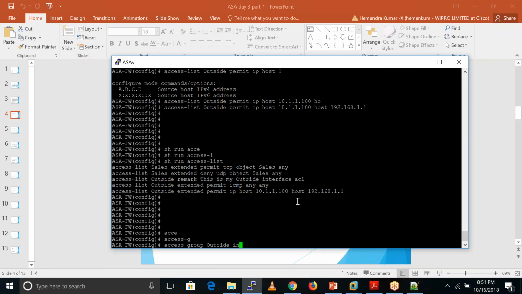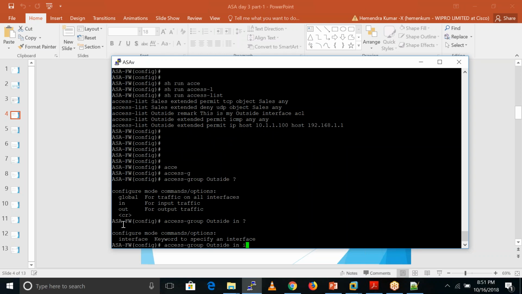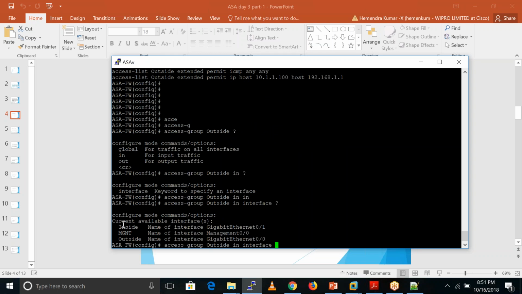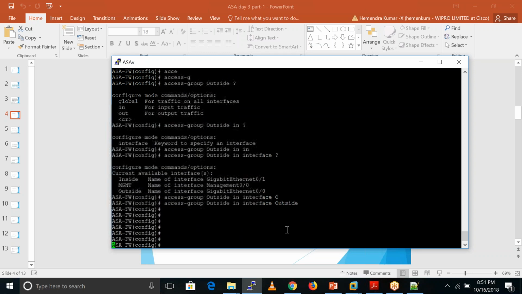Here we have three keywords: in, out, and global. Global means the ACL is applied globally, on both the in direction and the out direction. But we want this ACL in the in direction only, so I am using in here. Then I call my interface, outside. Done.